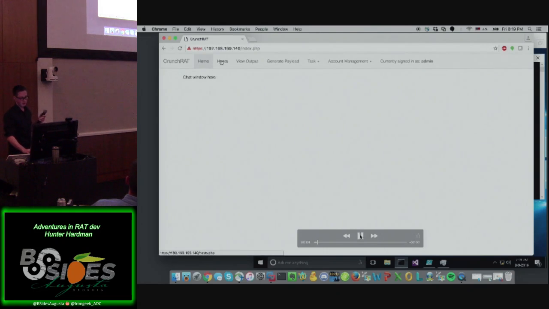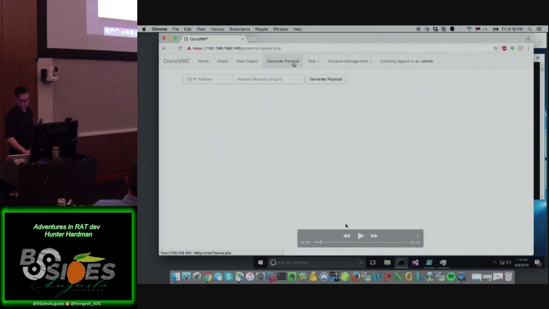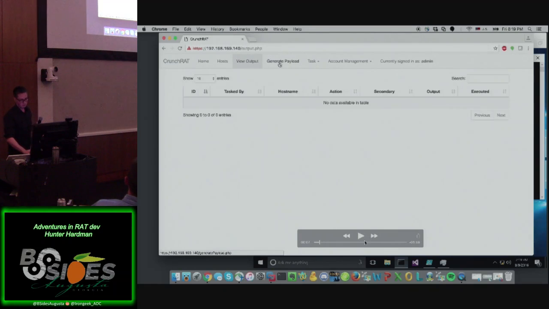Hosts, as you can see right now, it's tracking everything that I talked about. There are no implanted systems right now, so that's all empty. The view output tab, that is going to be pretty much your bread and butter. You're going to see everything that's been tasked, the output of said task commands,